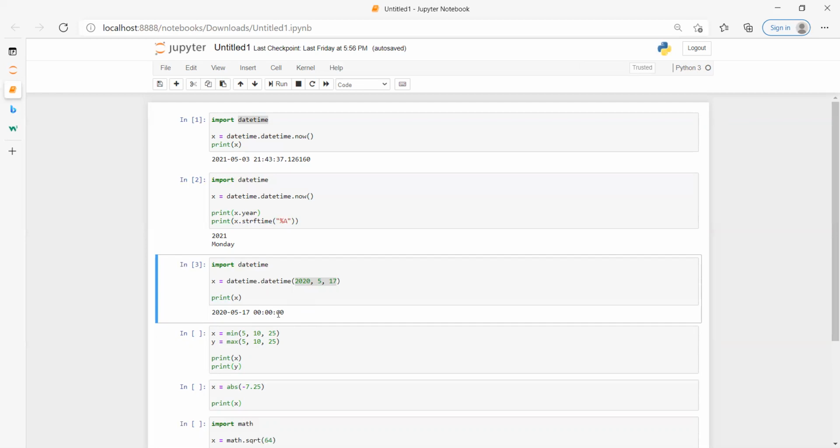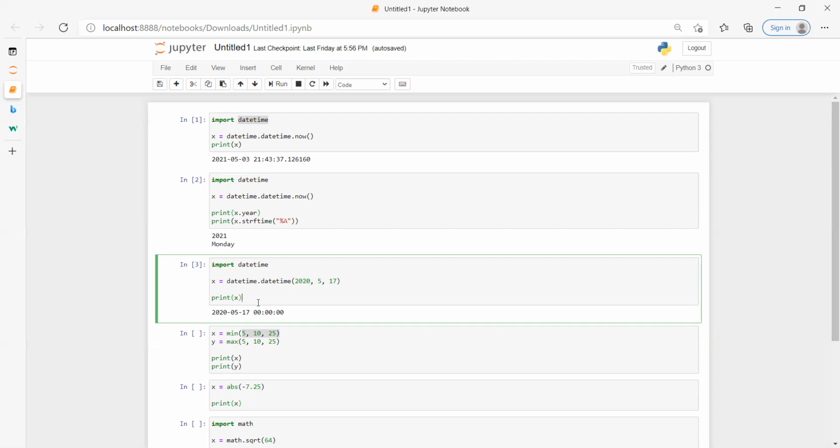And we normally have some pre-built functions, in the sense min, max, and absolute functions, which are already available. Suppose I have a list of values over here, 5, 10, 15. Whatever we have spoken till now was the datetime built-in module. But now we will be talking about finding the minimum value or the maximum value from a list of values.